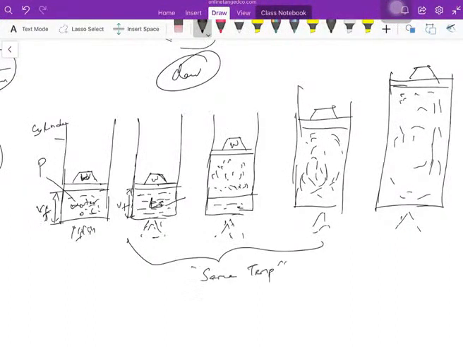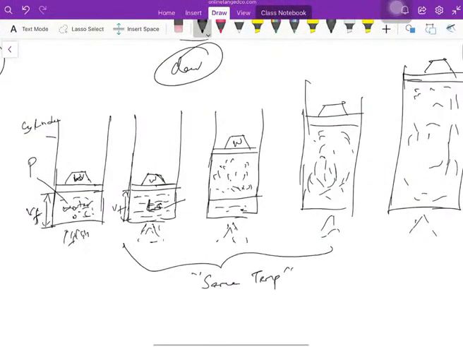Is it surprising? It's surprising, right? If you see, once it started at the saturating point, you got it right, the phase change is happening. Some of the water is changed to steam, and then the water is fully converted to steam. This is dry saturated steam. This is wet steam.